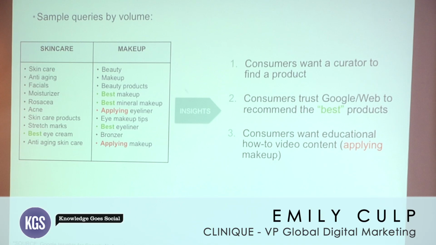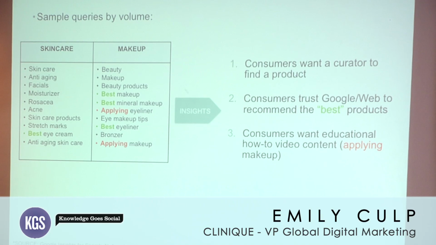identify consumer insights and trends. Specifically, this is just a sample. On the left-hand side, you can see there are some sample words under skincare and makeup. If you use this tool, you can essentially pull up all these different types of words and see how consumers are talking about these categories. And what's very powerful is you can start to deduce specific insights. For example, the first one is consumers truly want a curator to find a product. And what I mean by that is you can start to see all of the words that are starting to